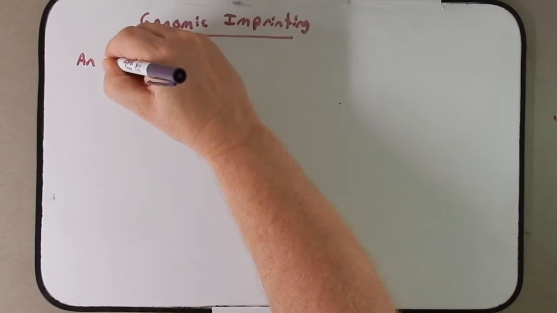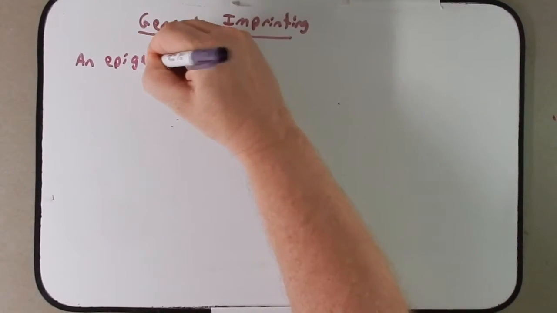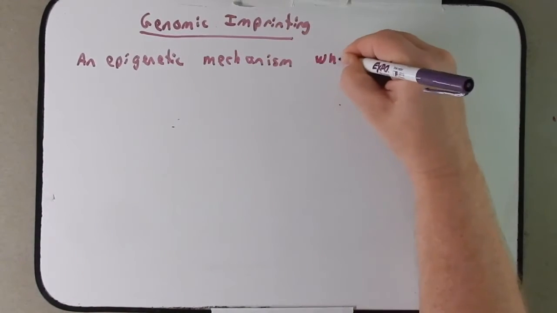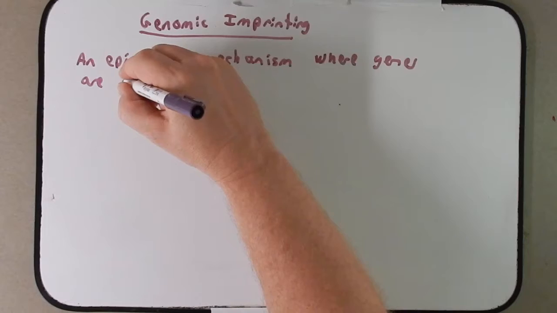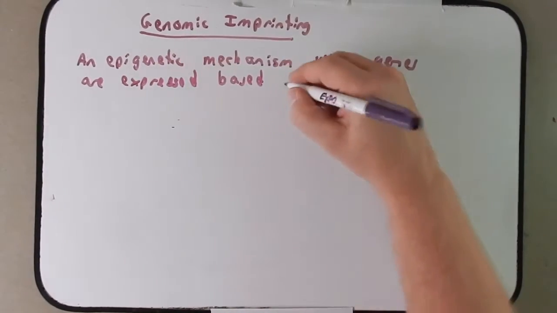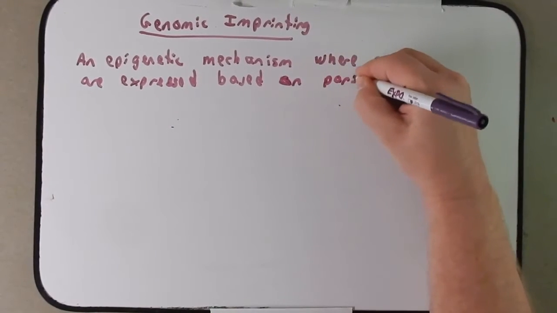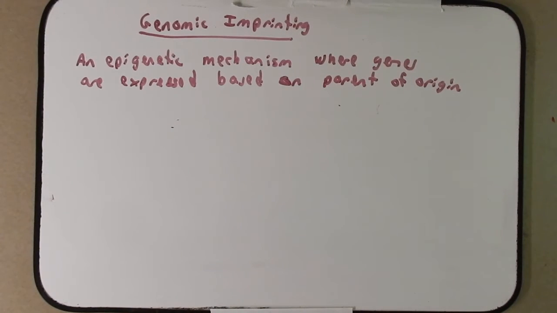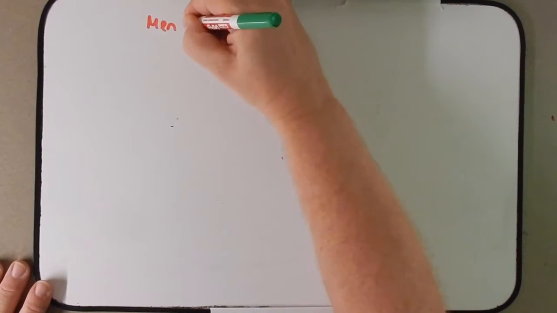Genomic imprinting is an epigenetic mechanism where genes are expressed based on parent of origin. So depending on where you get that gene from, mom or dad, will predict whether or not that gene is expressed. Okay, so before we jump into imprinting, I'd like to take a step back and consider some aspects of